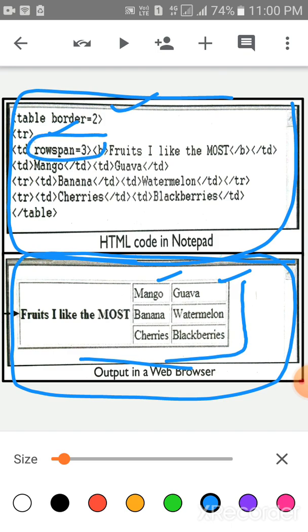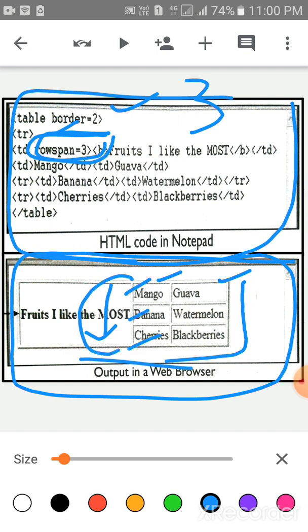Children, you all know row span means to stretch a column vertically across two or more rows of a table. Here it is written row span is equal to 3. 3 means it will stretch the column across 3 rows of a table.